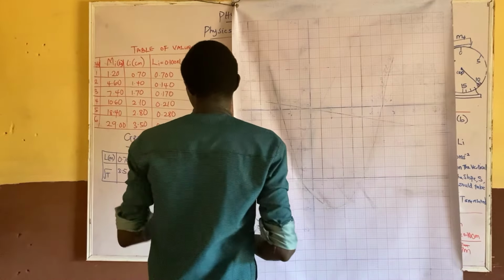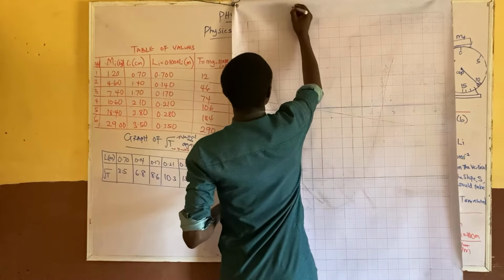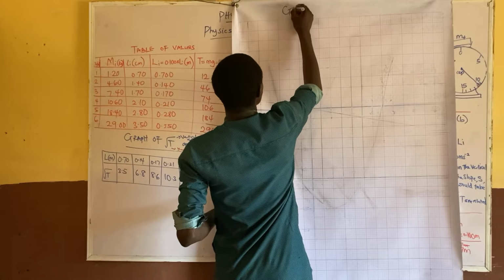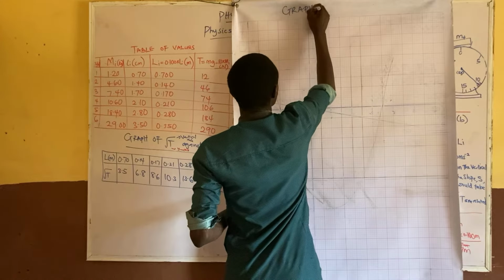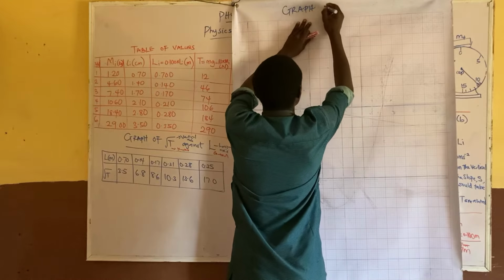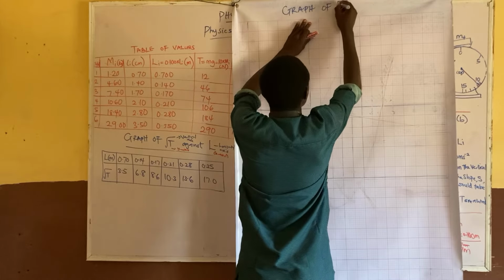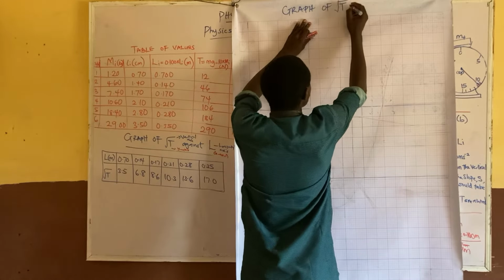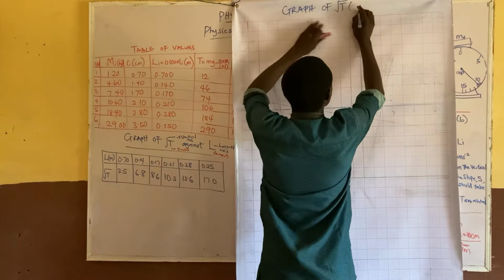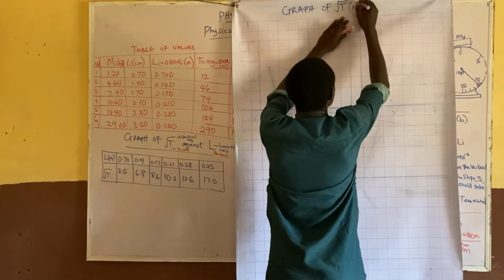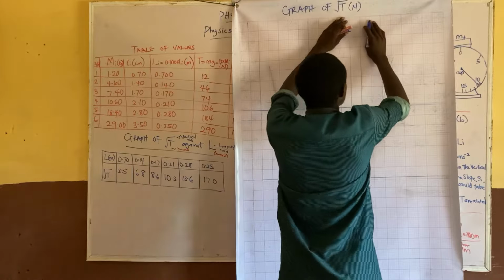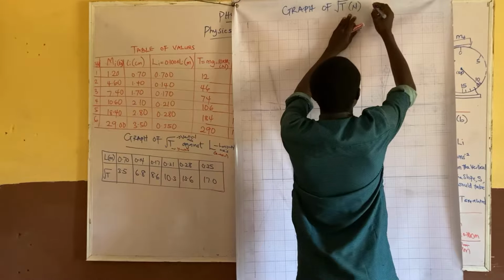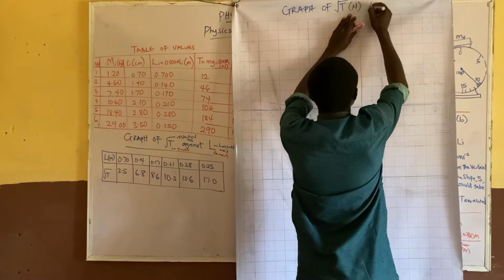Now we have the axes of the graph of the square root of tension, which is in Newton, against